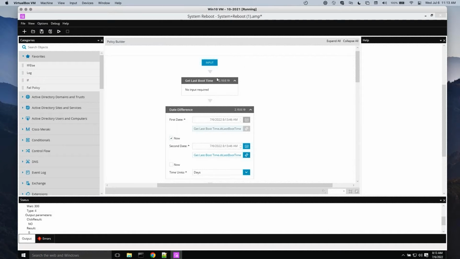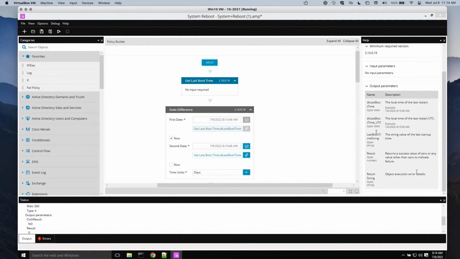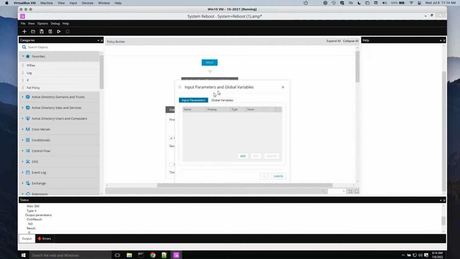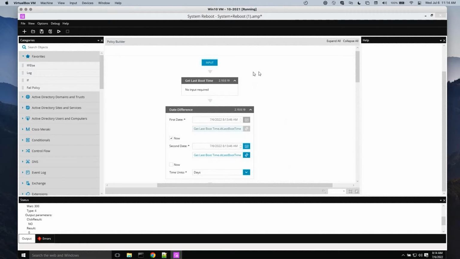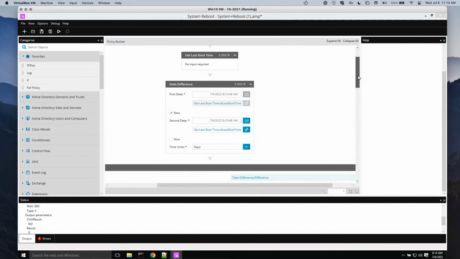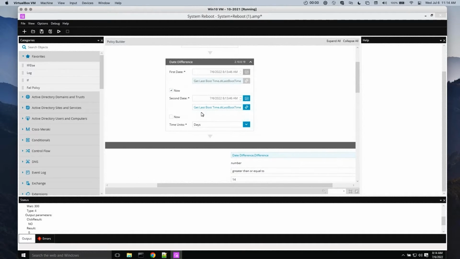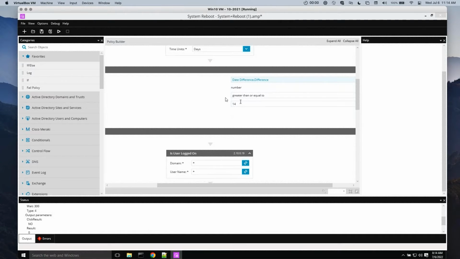All right, so first thing we need to do is figure out when the machine rebooted last, and luckily there is an object that can automatically do that. This one doesn't take any input parameters, but you could modify it to include something like number of days, so you can adjust it between 14 days, 30 days, or 7 days, or what have you. It looks like what it's doing is the math to determine when it was last rebooted, and if it is more than 14 days difference,